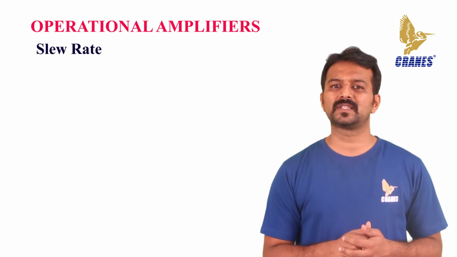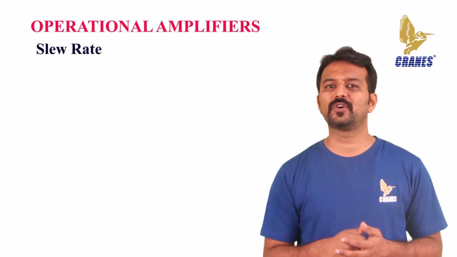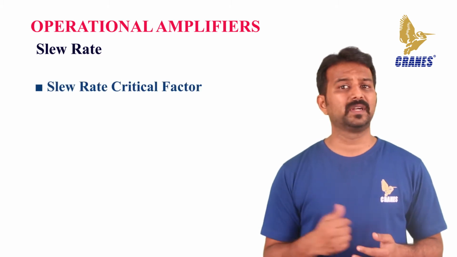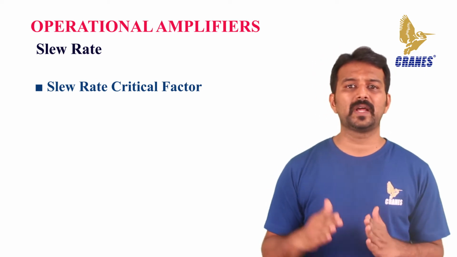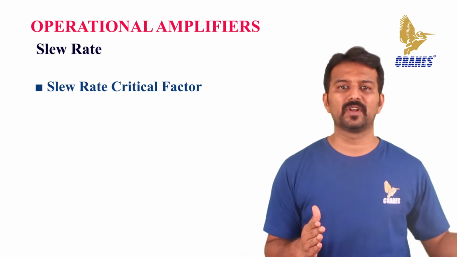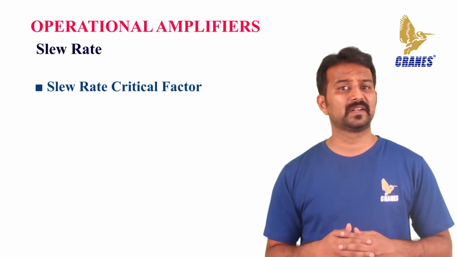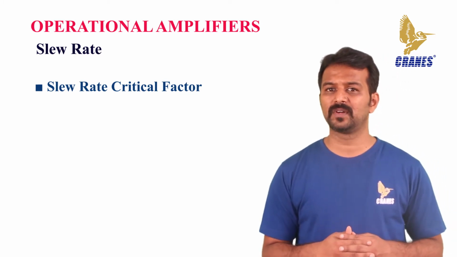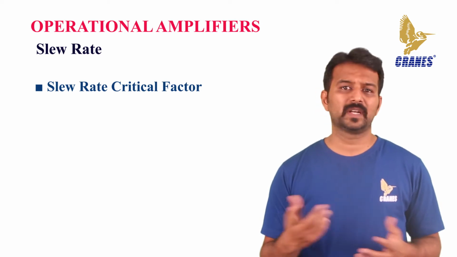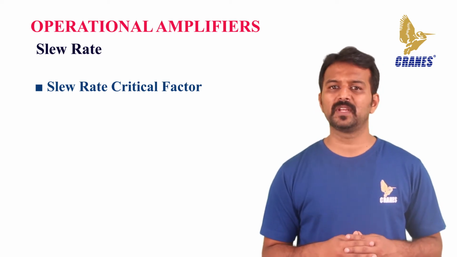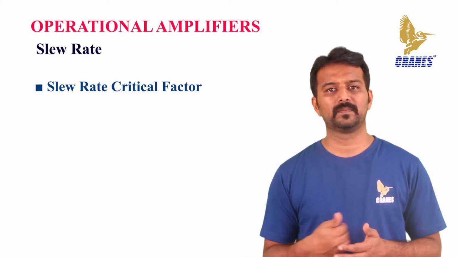This limit is called the slew rate of the op amp, and although the slew rate is not often mentioned, it can be a critical factor in ensuring that an amplifier is able to provide an output that is a faithful representation of the input. The op amp slew rate can limit the performance of a circuit if the slew rate requirement is exceeded. It can also distort the waveform and prevent the input signal being faithfully represented at the output.